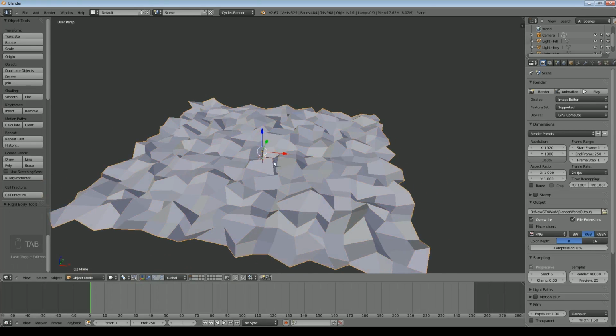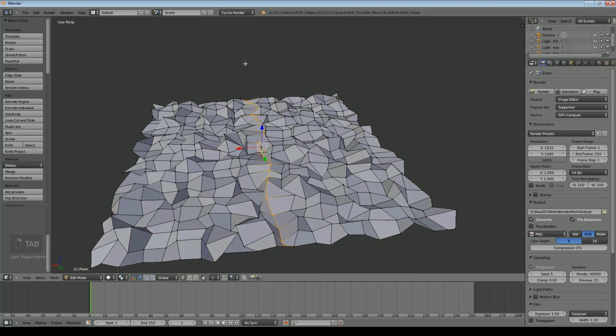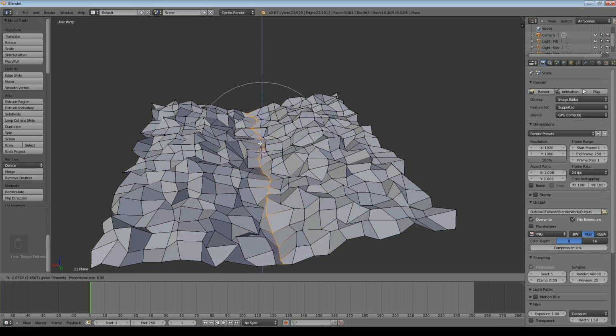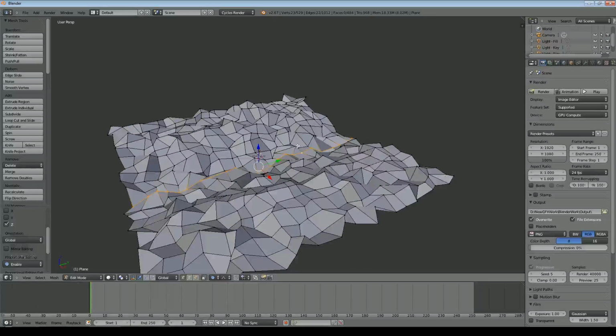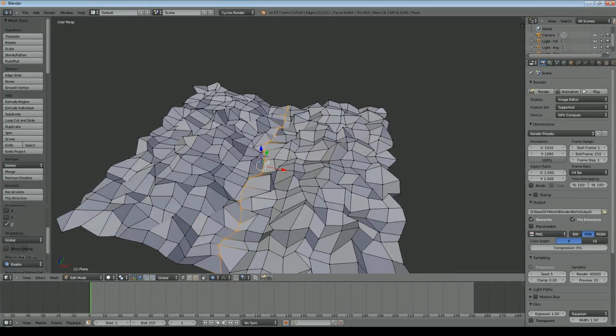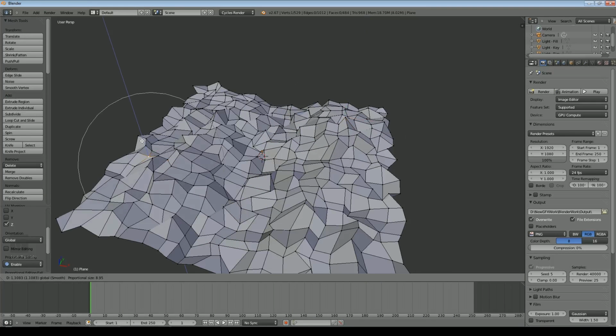And the next thing we can do, because I want a path, is we can select a line like that, and if I turn on proportional editing and make sure that the area of effect is reasonably sizable and just pull it down like that. So I've still got the lumps and bumps, but now I've got an area that's a hollow, as it were, running through it. And you can obviously vary that a bit. It doesn't have to be a simple hollow. You might want to pull up some areas to have some raised bits in there.